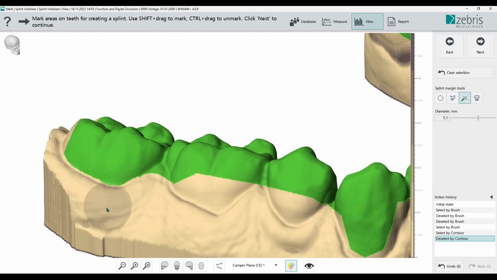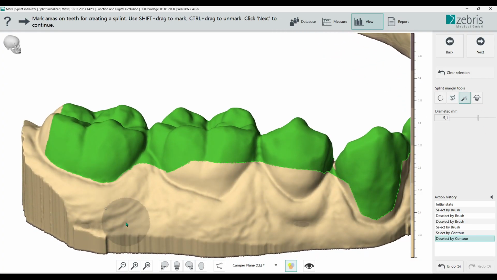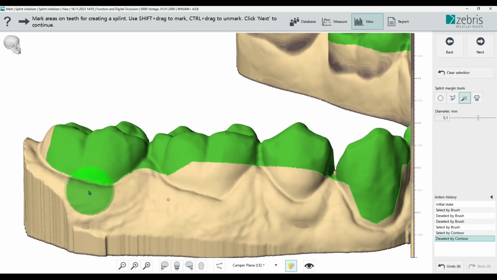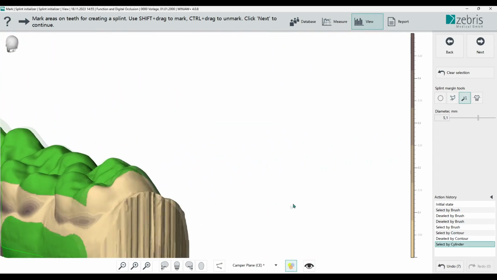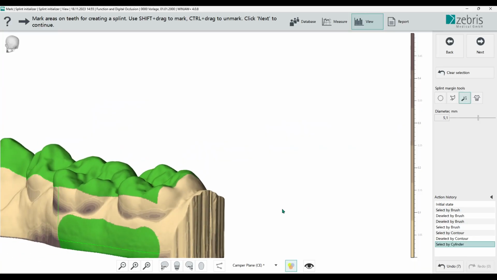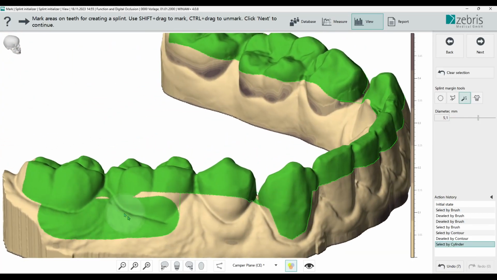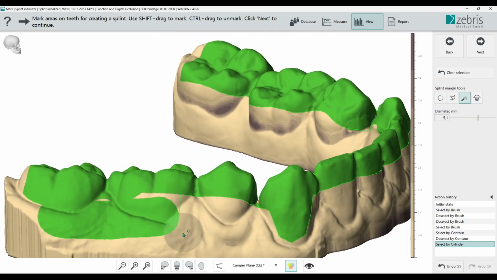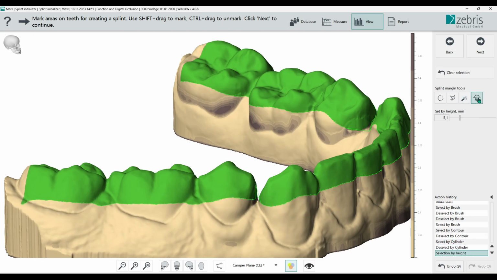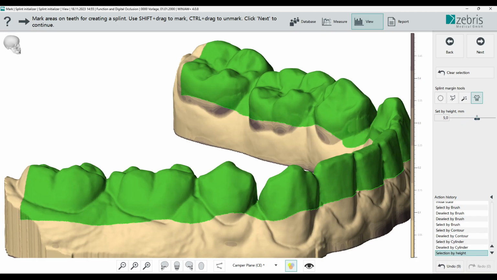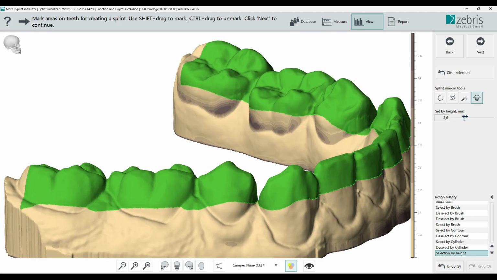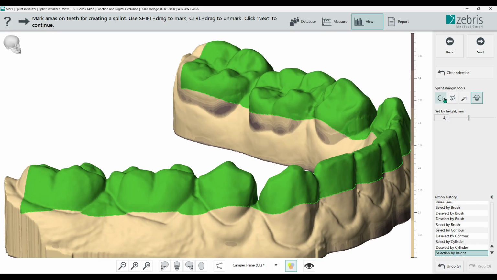With the cylinder we can not only mark the visible side of our model, but also the non-visible side, which can be really helpful when we have scan artifacts and want to remove some outline material there. And the last option is that we can simply adjust the height of our outline preview to start our own design.